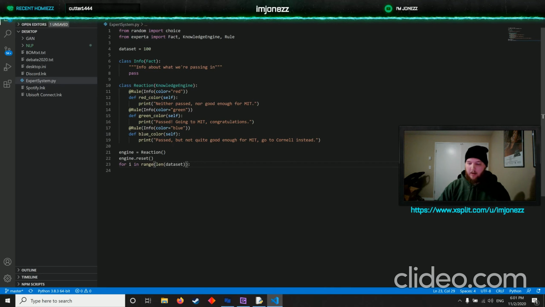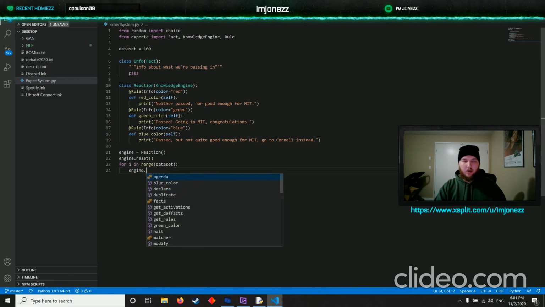I don't need the length on there, do I? I in data set, we're gonna engine dot